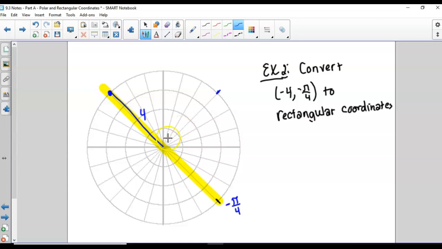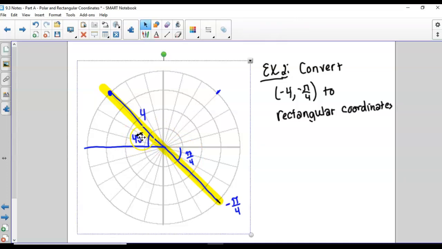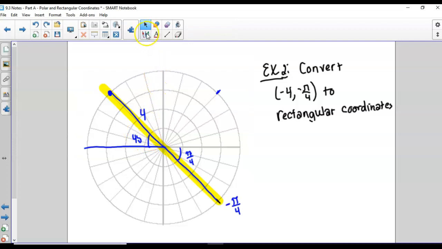And then if I know this angle right here was pi/4, then this angle right here has to be pi/4 as well. What is pi/4 in degrees? It's 45. You can use either. It doesn't matter. I just kind of like degrees better. I'm going to use degrees, but you can use radians if you want. Plus, I won't have to change the mode on my calculator. So if we're just kind of estimating here,